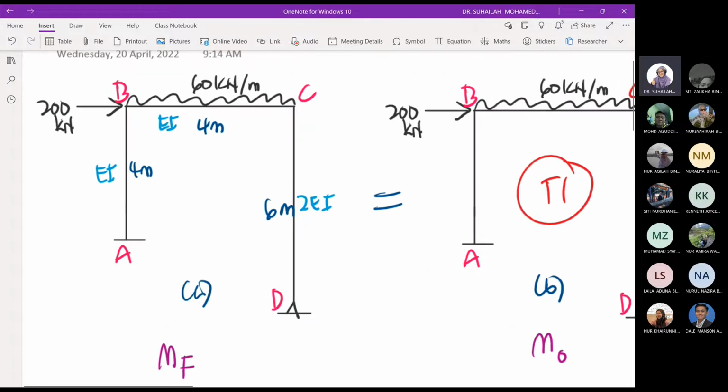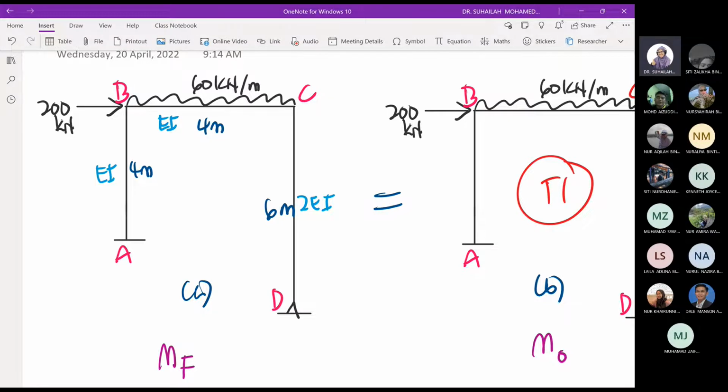This is the frame, a sidesway frame. We know that this is a sidesway frame because the frame is unsymmetrical, unsymmetrical due to loading and due to geometry. Due to either one, we also have to consider it as a sidesway frame. So this is unsymmetrical and it is unrestrained, so this frame tends to sway to the right direction by looking at the 200 kilonewton,